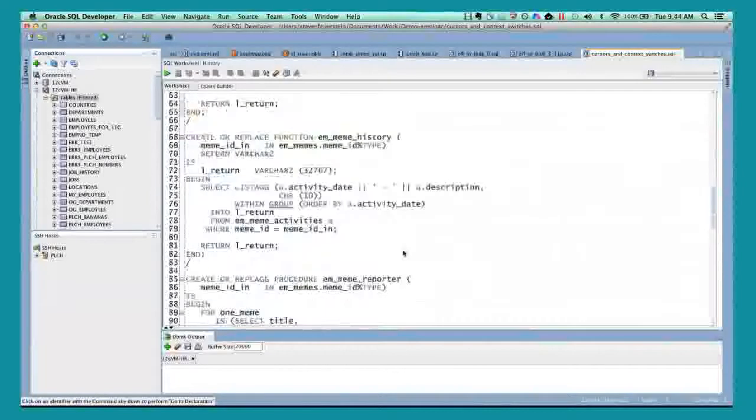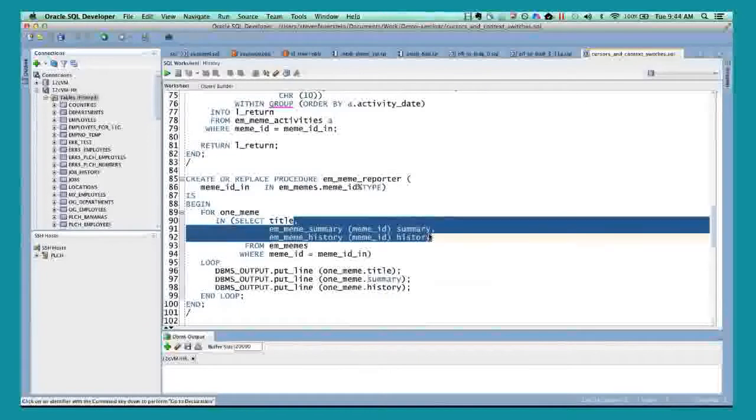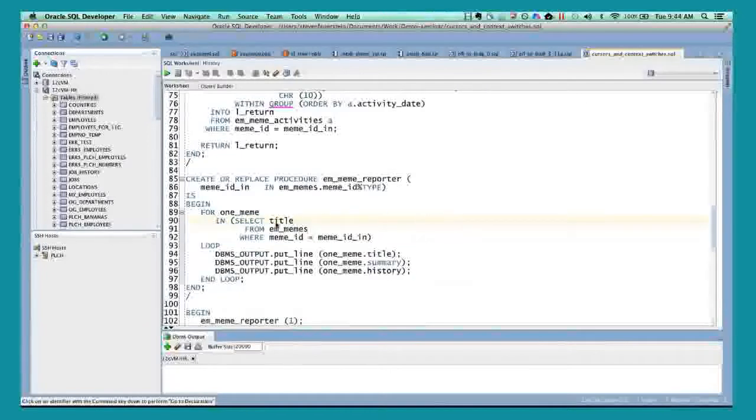Here's the thing to keep in mind. As you probably know, Oracle keeps read consistency available for us in our applications. So for example, when I have this cursor going, I select title from this table. For the duration of the execution of this cursor FOR loop, any changes to this table are not reflected in the select statement. So if I selected row 1, and before I get to row 2, somebody has deleted that row, I will not see that deletion.